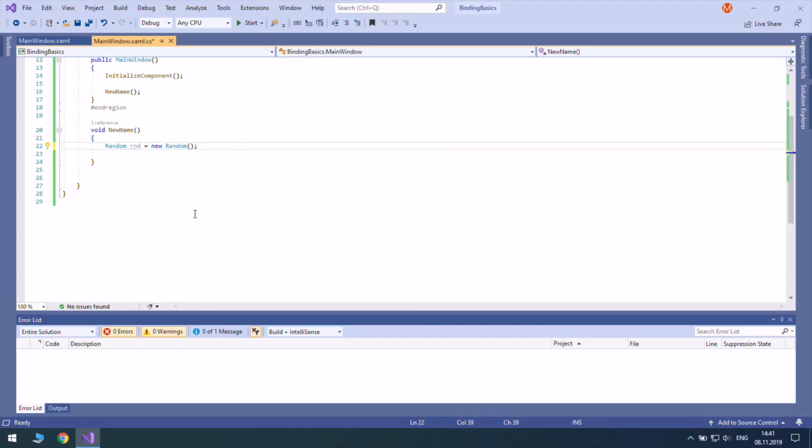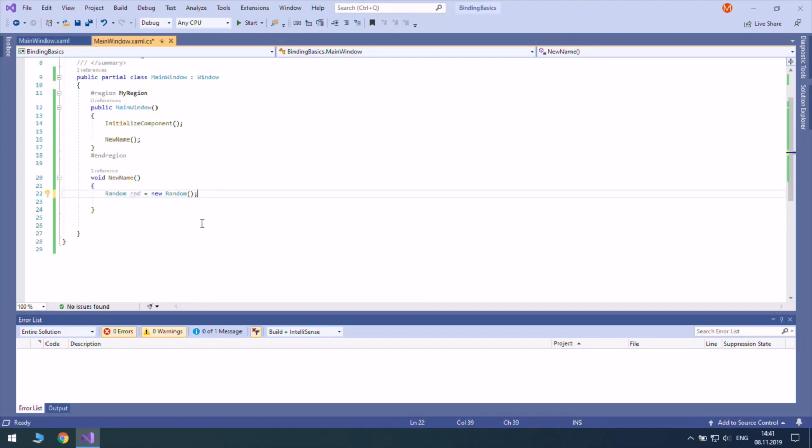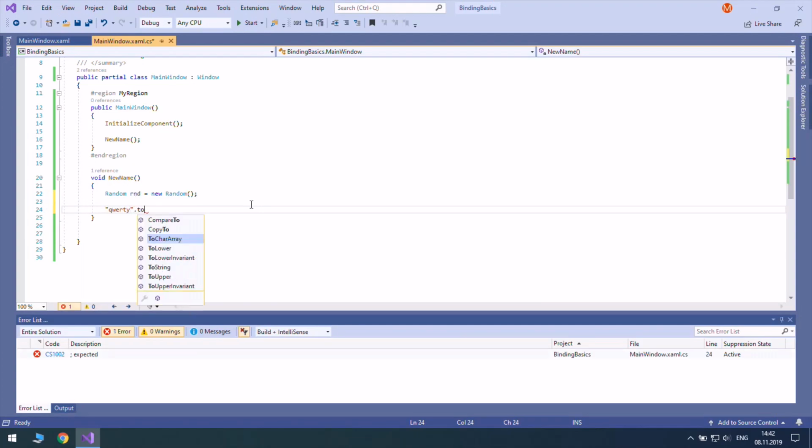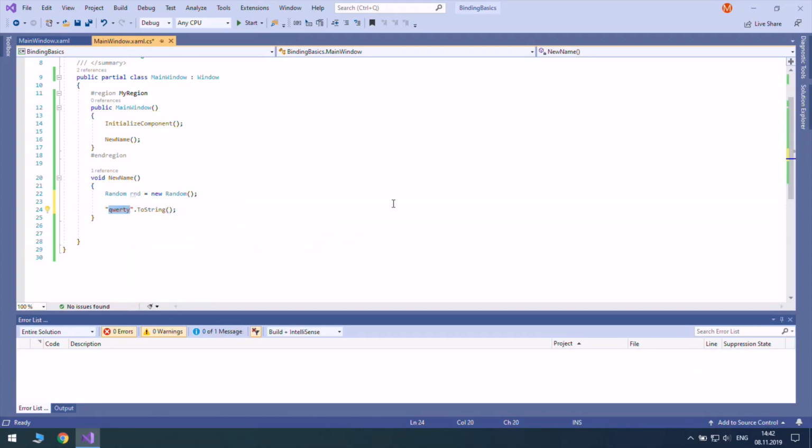Now, we often have other situations, like this. You have a string, for example, QWERTY, to string, blah blah blah. And you want to make everything uppercase, for instance. But this is just a short example. What if you have it like here? Are you seriously going to type everything like this? No, there is a better way.